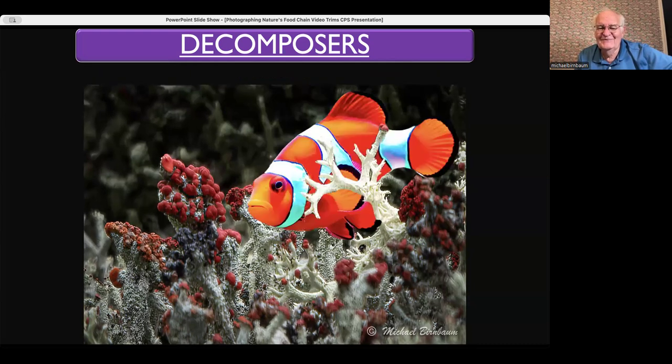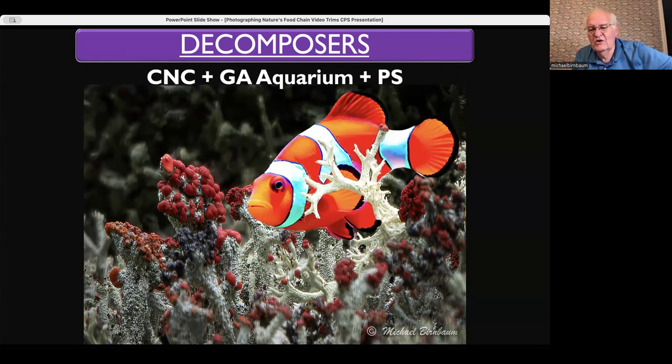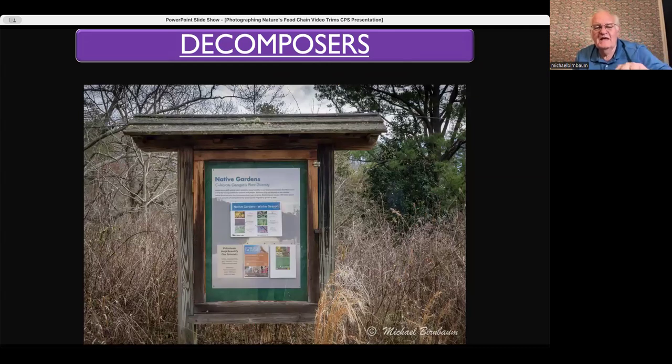Okay. I put in this clownfish. It doesn't belong there, but to me it looked like coral. So I had to Photoshop it in. That's from the aquarium. But at the Nature Center, when you first walk out of the main building, there's this little marquee here